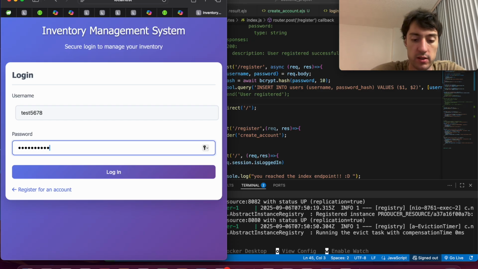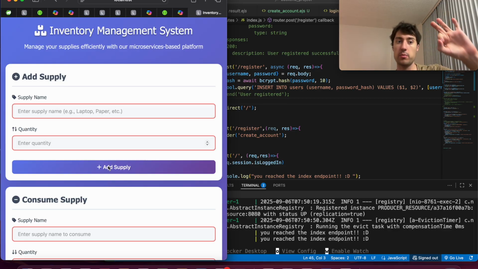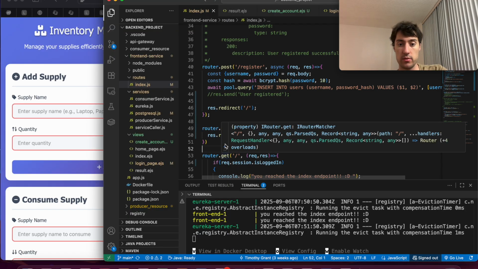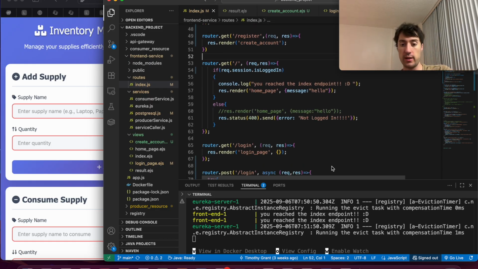password 5678. Okay, and log in, and we're in. Okay, so it did successfully store the data into our Postgres database from the register account webpage. And it went through the post register route. It did this query to insert the username, and then we were able to log in using that exact